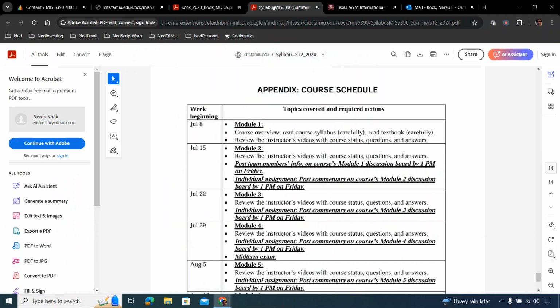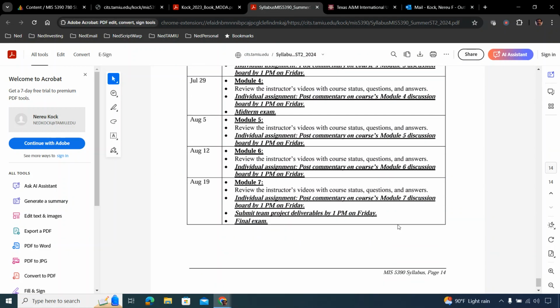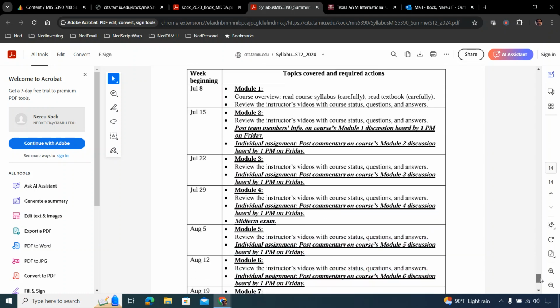Now the main report and the data set are not due until module 7. So, those are the team project deliverables, and they are the data set and the team project. If you do a team project, submit your deliverables on time, submit your individual assignments on time, and the project is very well done.